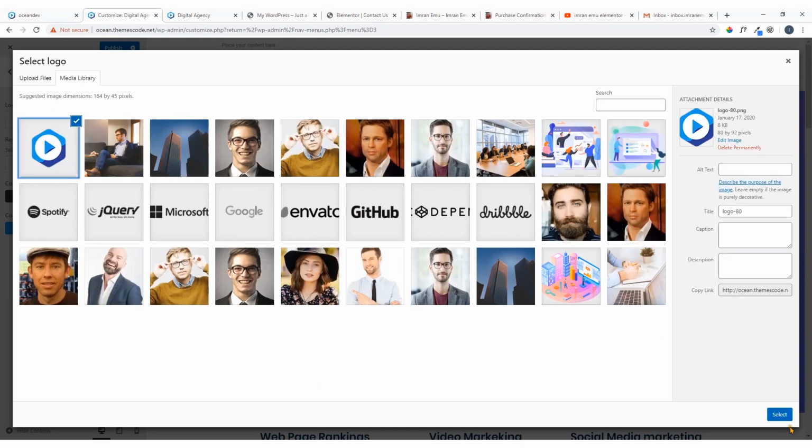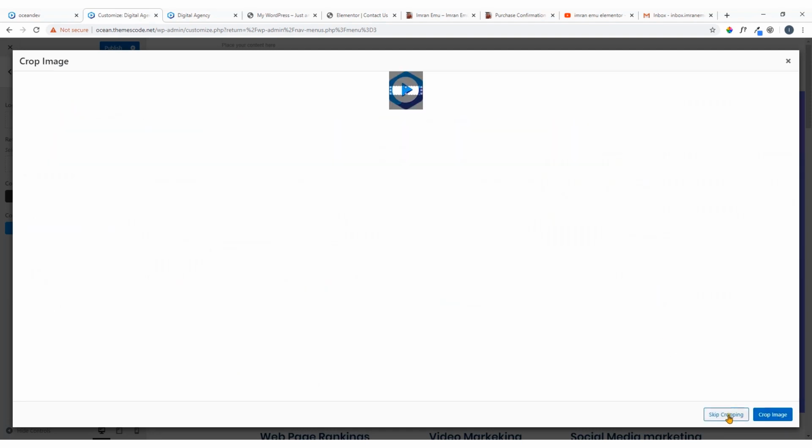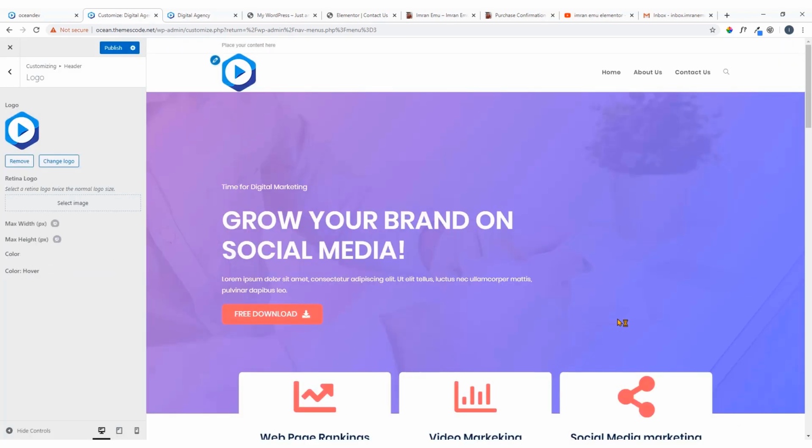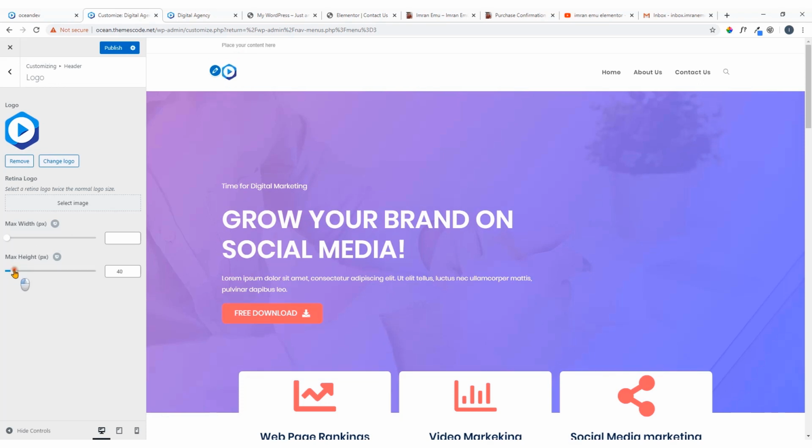Here is the logo, select, and we won't crop, just skip cropping. And here you can see the logo is added. And I'm going to set the height. Height should be, okay, 80 pixel. And hit publish,